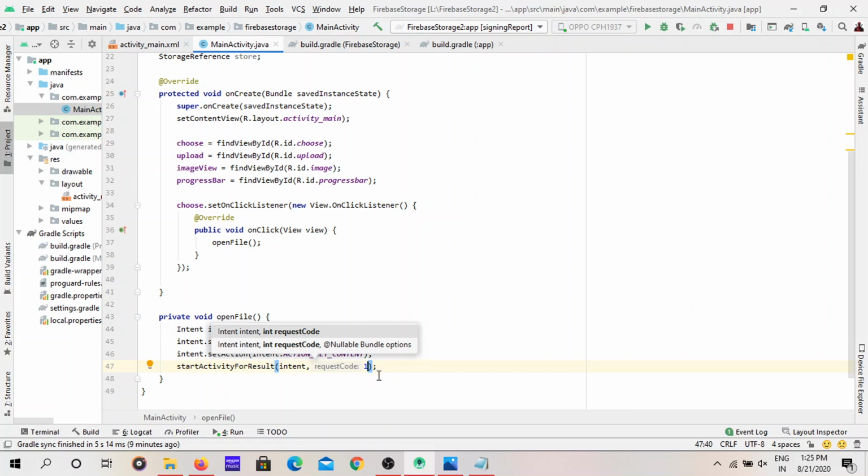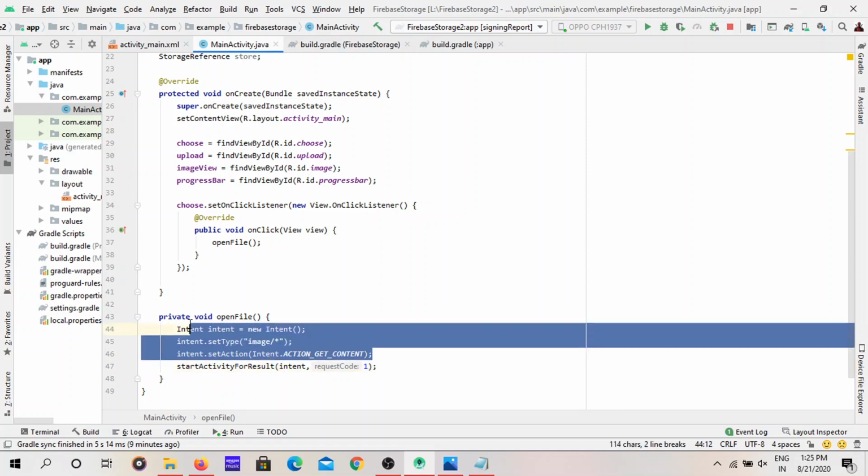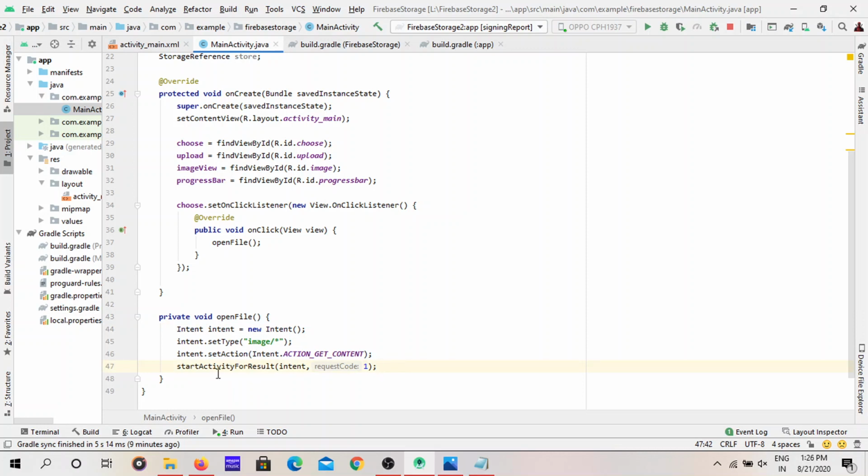We are saying to Java this intent is finished, everything is finished in this statement, but you have to start the intent. For that we are using this method, start activity for result. We are starting an activity. Which activity? Opening a file manager. Everything in Android is an activity.